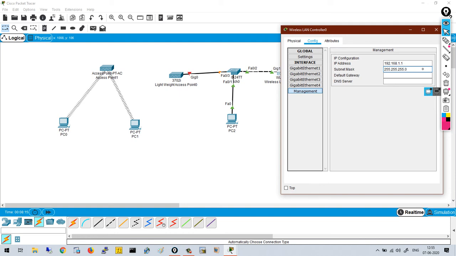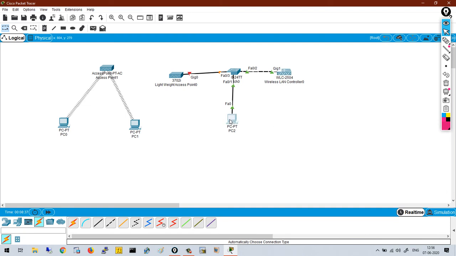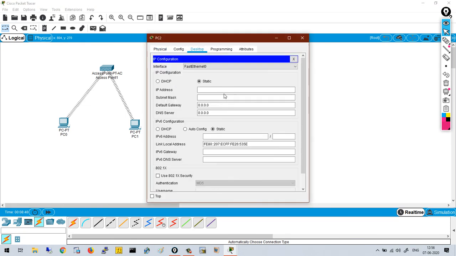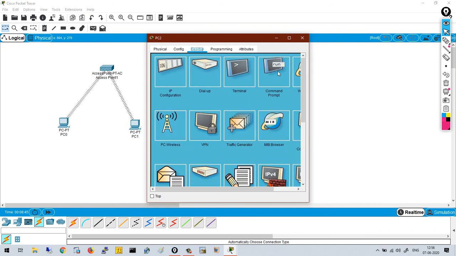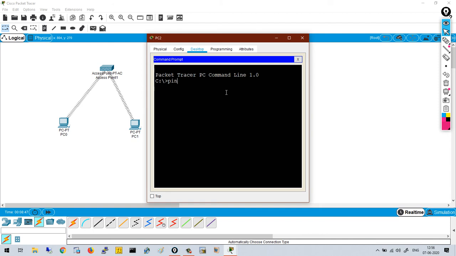Now, if WLC and AP belong to a different subnet, in that case, you have to define the default gateway. But in my case, they belong to the same subnet, so there is no need of a default gateway. Now you will ask me how to take GUI access of WLC. Have some patience. Just close it for now. Go to this computer. Define its IP, for example, 192.168.1.10. Now from this computer, try to ping the WLC, that is 192.168.1.1.